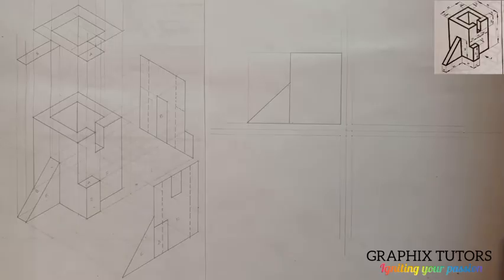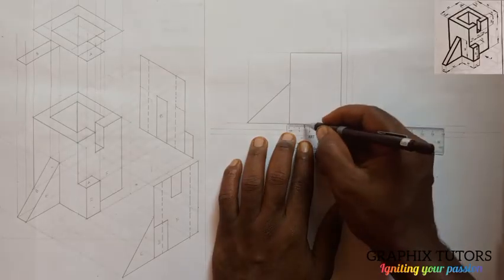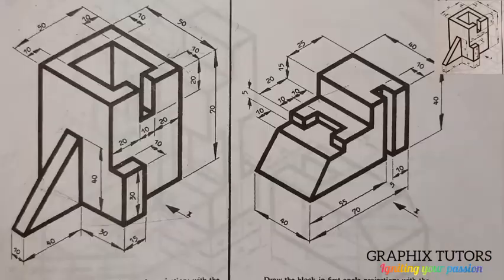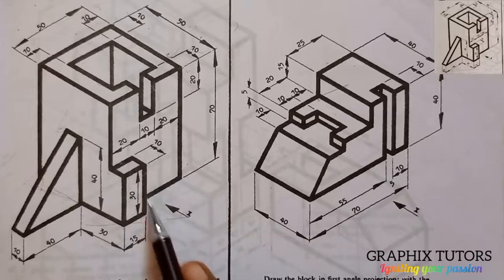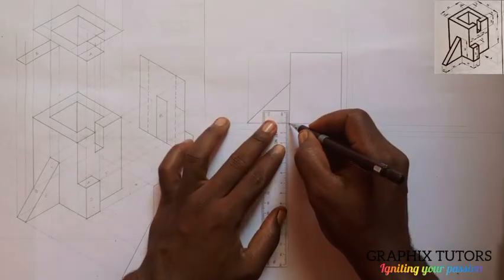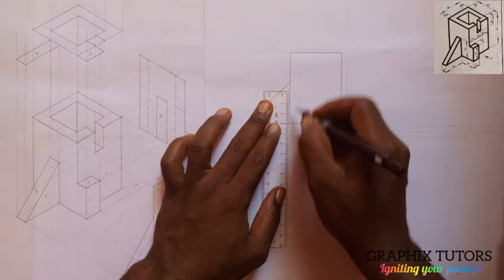Now the next one is this, from here to here, which is from here to here, it's giving us 15, right? So measure the 15. This is 15 here. How did I get the 15? Let me show you. So this is the 15 here, which I've measured, and the height is giving us what, 30. So I'm going to measure the 30, which is from here to this point here. This is 30,